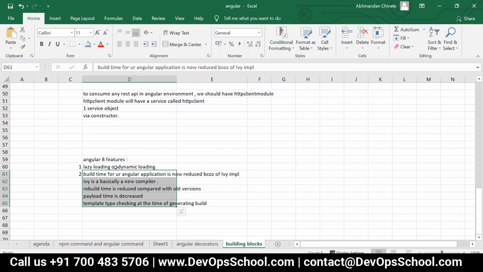People, the major thing is what? From the implementation perspective, practically, lazy loading and whatever stuff I discussed with you was purely behind the scenes. Is it clear or not? Unless and until you have worked with the previous version, you will not get the complete clarity regarding the same. So here, I have just given a few heads up with respect to the Angular 8 features. Is it clear, everyone, or not?